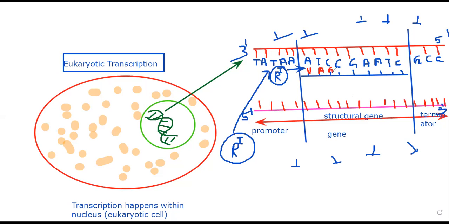For the C, G. For the C, again G, C. For the A, again U. Uracil will come. For the RNA, thymine is not there. So A's opposite is T in case of the DNA only; for the RNA, A's opposite is U. Okay, A's opposite is U, T's opposite is A. A is there in RNA, so we can write it, and G. Okay, so we made the total RNA in a complementary manner. So it is complementary, right? And we are copying from 3' to 5'. So the RNA we made is 5' to 3'. Cool? Okay.